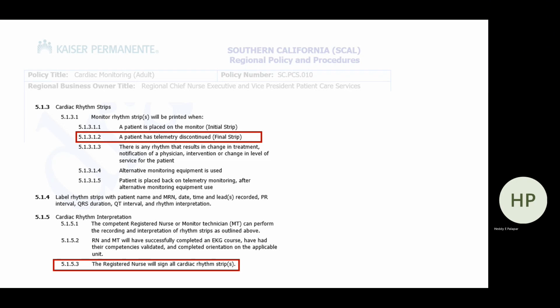Monitor techs and nurses are both identified as competent in recording and interpreting of rhythm strips. However, it is the RN's responsibility to sign off on the rhythm. When monitor techs fax over the printed strips, the nurse shall be signing off on the strip and placing it